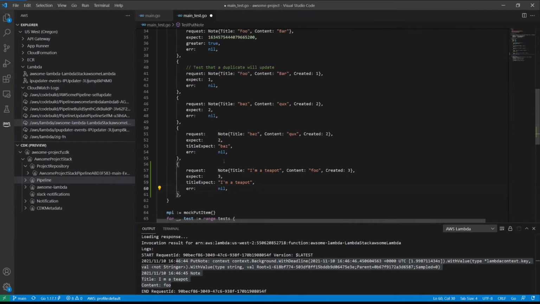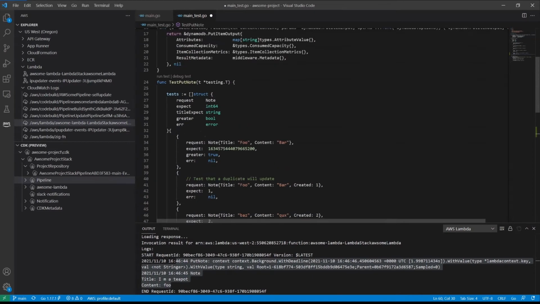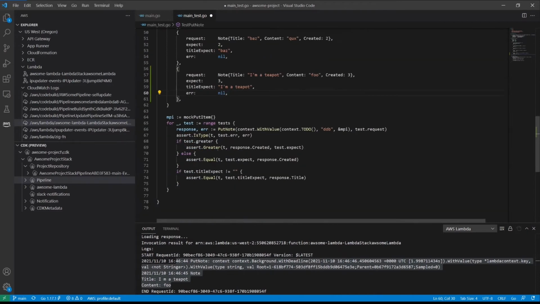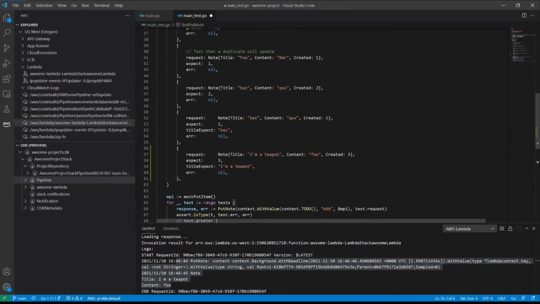So this is very similar to most tests that you would write in Go, where you'd have a test structure array that just has your tests, and then later on you'll want to loop through that particular range of tests and make sure that all the tests work as expected.